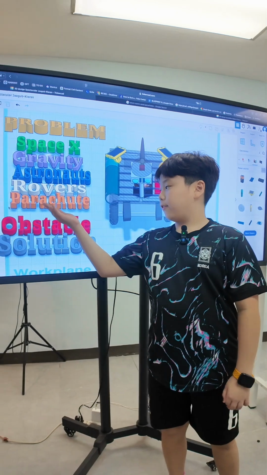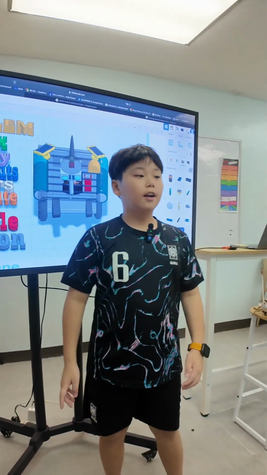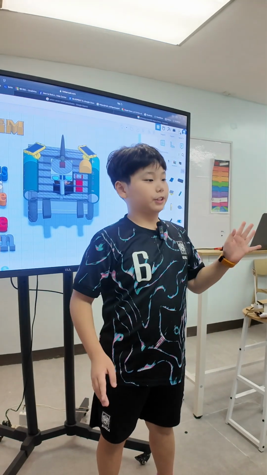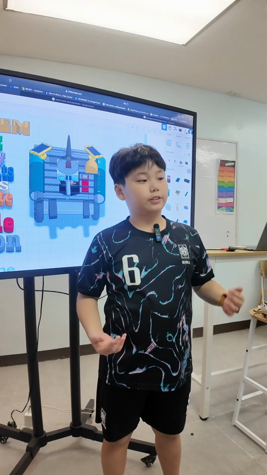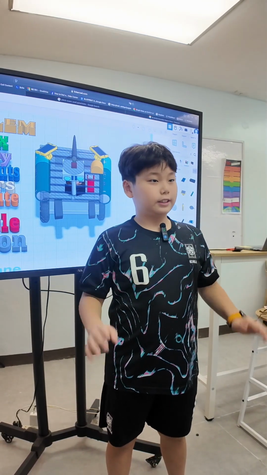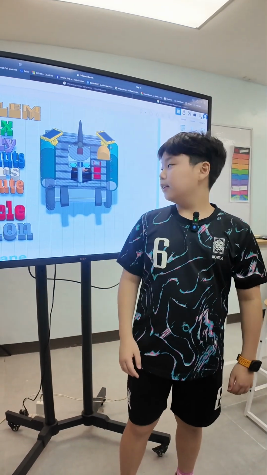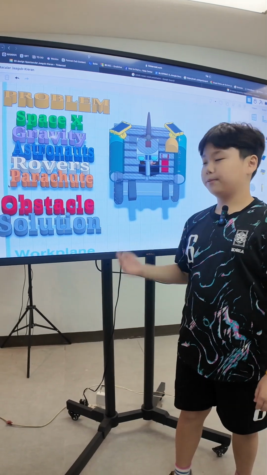The last, fifth keyword is parachute. I put parachute because starting from Spirit, except the Sojourner rover, all of the rovers used a parachute to land on Mars, because it was quite safe and not hurtful. Every rover was not hurt by that program. So I want to also use a giant parachute to land my giant rover.